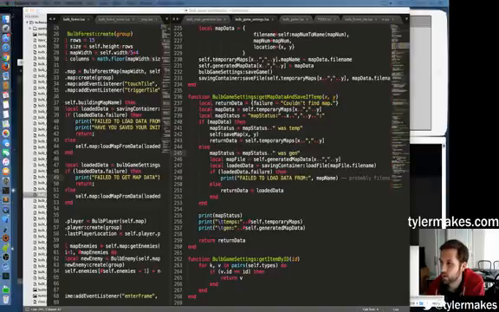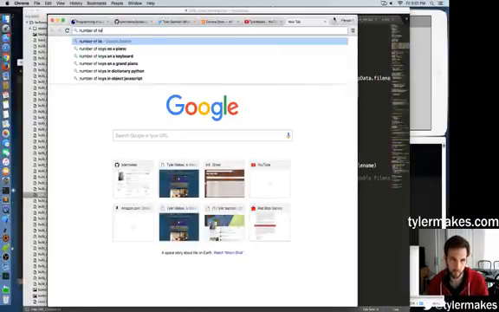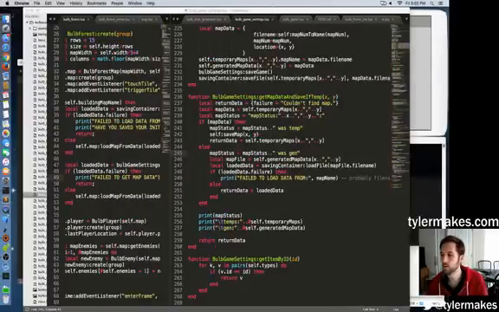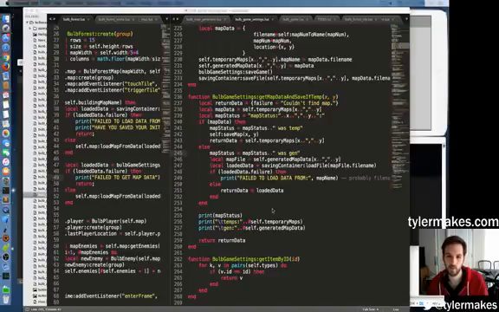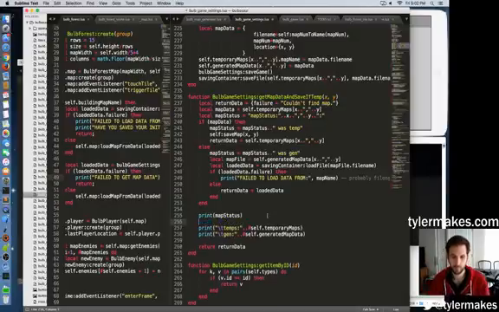We want the number of keys. Actually, you know what? I think that we can just do this. Let's do this. Because we might want to know what the keys are. So